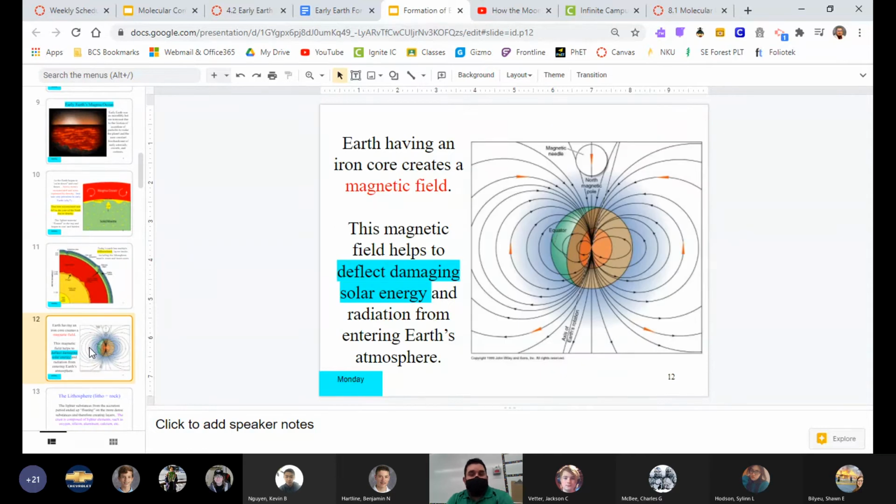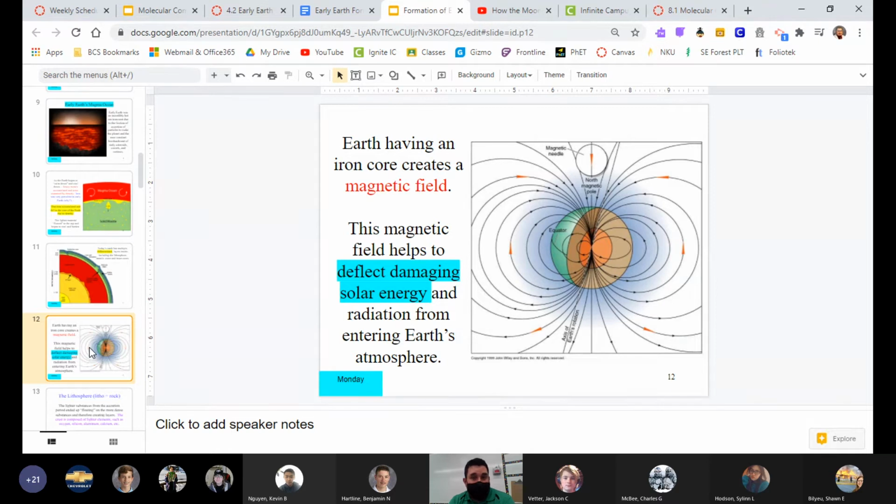The other thing about Earth, and that's really good news for us, is that Earth also has a magnetic field because the iron is in the core. And iron produces magnetism. Okay, all magnets have iron in them unless they're other rare earth metals. Neodymium is a rare earth metal. But your regular normal magnets that stick on your refrigerator at home are made of iron. Okay? And that produces a magnetic field.